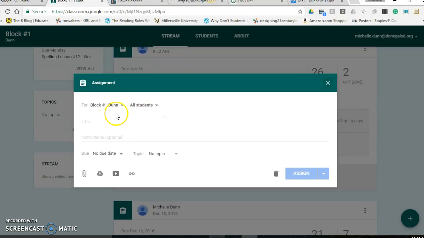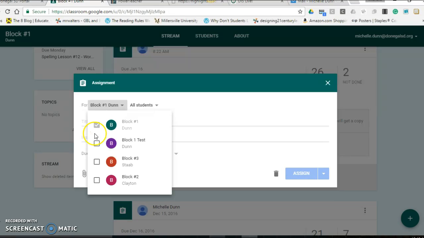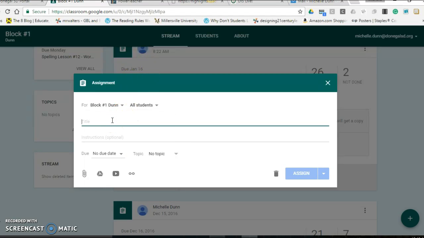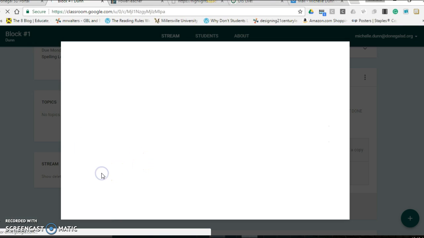You can give it a title. Here's where you, with all 3 blocks, Tracy, what you would do is you would click on all 3 blocks. That way your assignment goes out to all students at the same time. Give it a title, note-taking guide, instructions. You could give it a due date. You don't have to. Now if you have saved your document in Google Drive, which I believe you have, you click on the Google Drive,